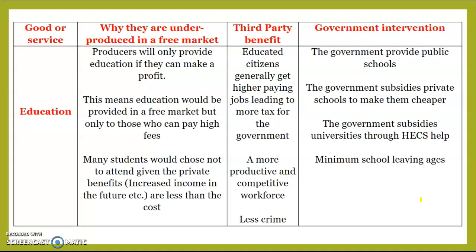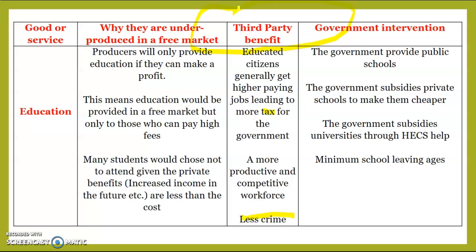Also be aware of things like positive and negative externalities. Positive externalities are products that have third-party benefits, or benefits for people outside of the transaction. A good example would be something like education, where it's underallocated in the free market because producers don't consider those third-party benefits. So when people get an education, they're more likely to pay more tax in the future, or they're more likely to make the workforce more productive, or they're less likely to be involved in crimes. So these are the third-party benefits when consumers and producers